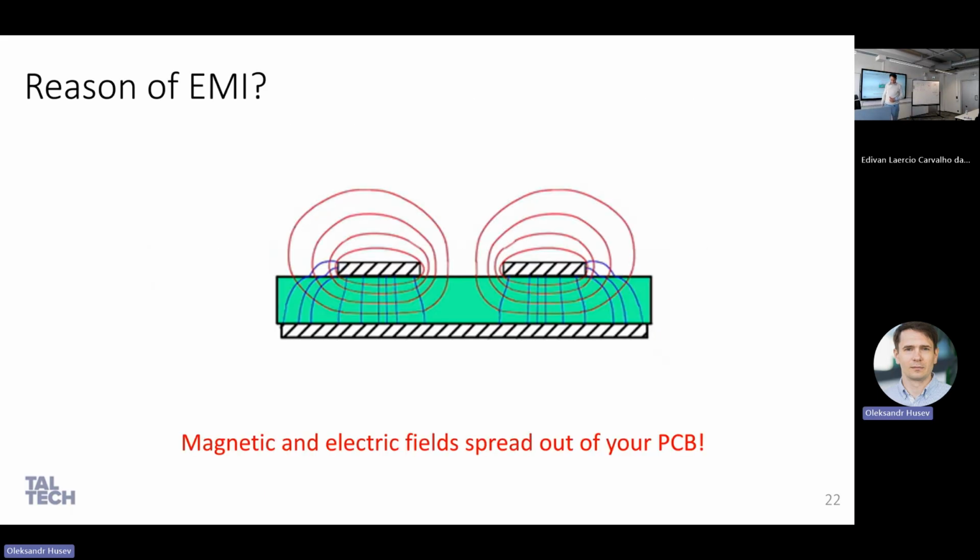And the reason of EMI in this case is that magnetic and electric field spread out of your PCB. So you did it in a very bad way, that you lose your energy. The definition of power electronics is that you just want to change one type of electric energy to another. But for some reason, you are spreading this all over the world. So the conclusion is